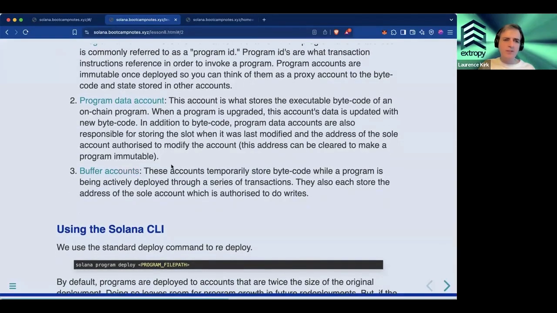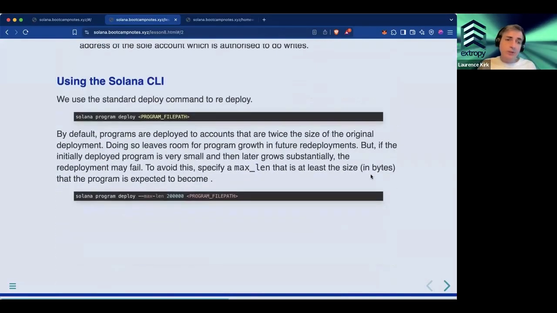The buffer accounts are there to store the bytecode as this is happening. Okay. The way to do this is simple from the command line. So we'll have done a deploy, and then you can use that again to redeploy. One thing to be careful about is that when you are doing